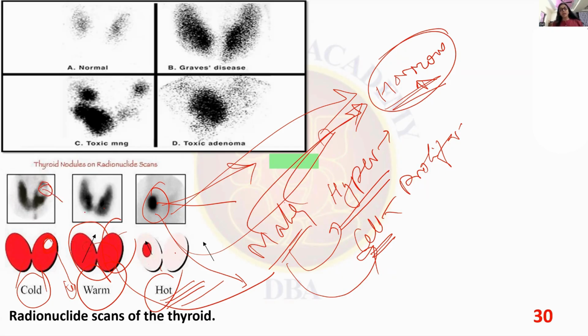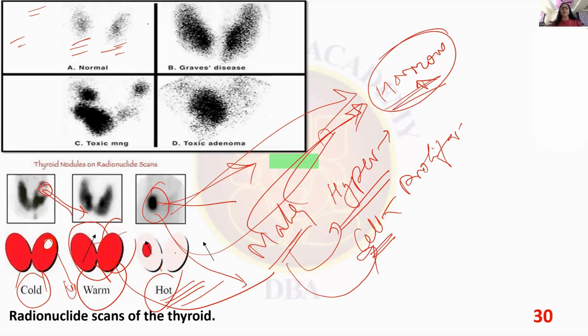ये मैलिग्नेंसी हो सकती है यहाँ पे। यहाँ पे दिस कैन बी, कोल्ड नोड्यूल्स विल बी मैलिग्नेंट। नॉर्मली हमें ग्लैंड पिक्चर ऐसे दिखती है that the uptake is just same as the submandibular gland। हम किससे कंपेयर करते हैं थायराइड ग्लैंड का अपटेक? सबमैंडिबुलर ग्लैंड से। अगर सबमैंडिबुलर ग्लैंड्स की और थायराइड ग्लैंड की पिक्चर सेम आ रही है, दैट